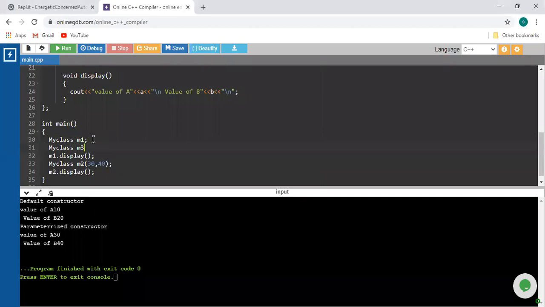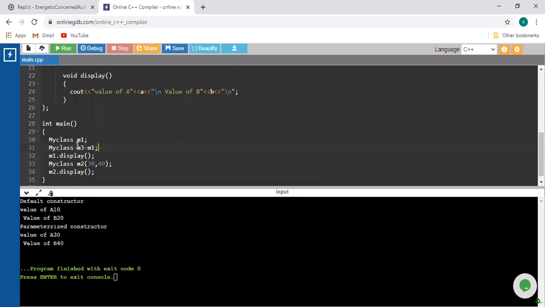So with respect to this m3, which is our previous object? Before this line, which line is executed? M1 is created. So m3 is initialized with the help of that m1. So this is nothing but a copy constructor.